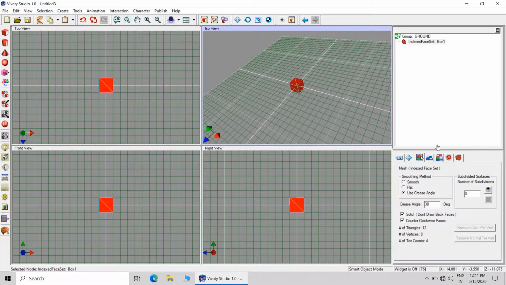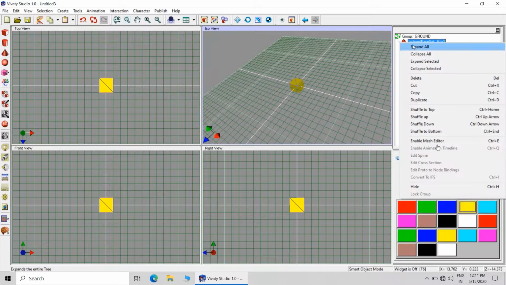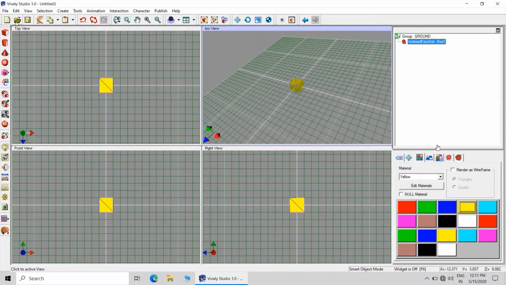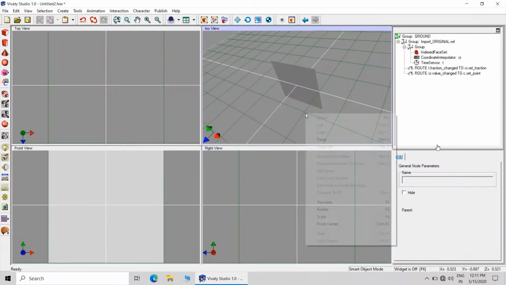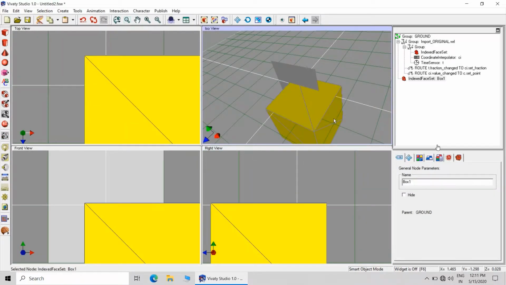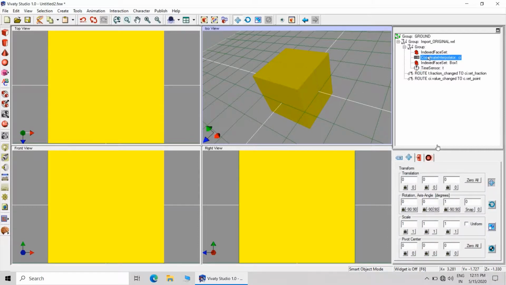Then we have converted the cube into index facet IFS. Then you can copy this and paste into the, then you can make the coordinate 0 0 0. Now you can move the index facet at appropriate position, and we will delete this.